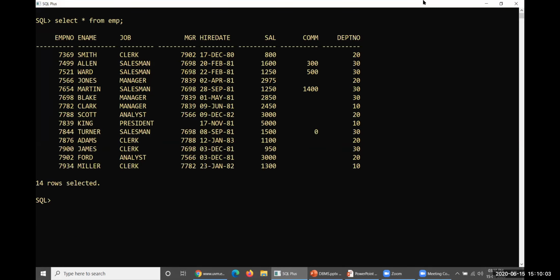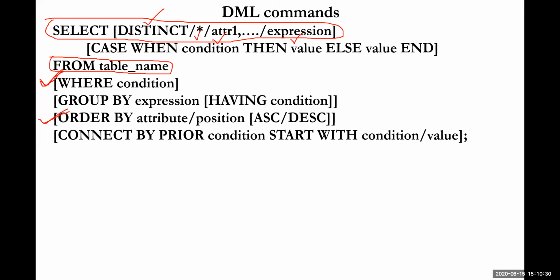Everything in the sense, what exactly is represented here is that this particular table has 1, 2, 3, 4, 5, 6, 7, 8 columns, and 14 rows. The entire data will be displayed when star is taken in the select clause.